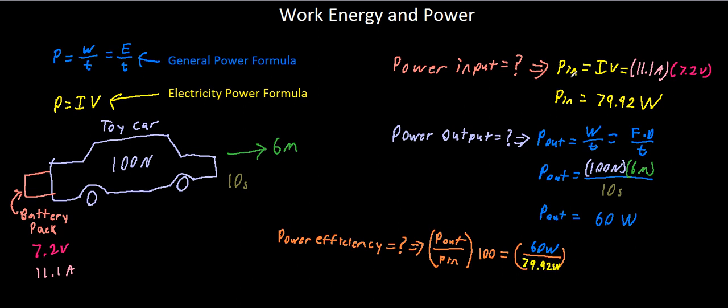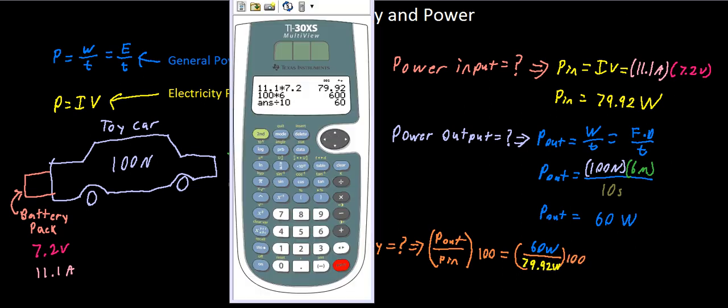And then, of course, we'll multiply that by 100. We'll type this into our handy-dandy calculator because I'm bad at math, and that looks like it's going to be hard to solve. So we get 79.92 on the bottom, and what do we get? We get 0.75, and then we have to multiply it by 100. If you can't do that in your head, we can type that in our calculator as well. And what do we get? We get about 75%